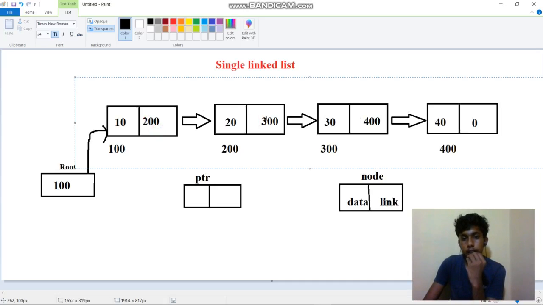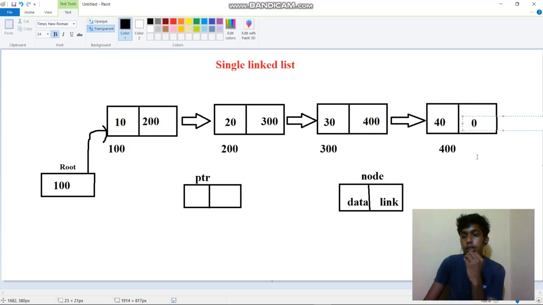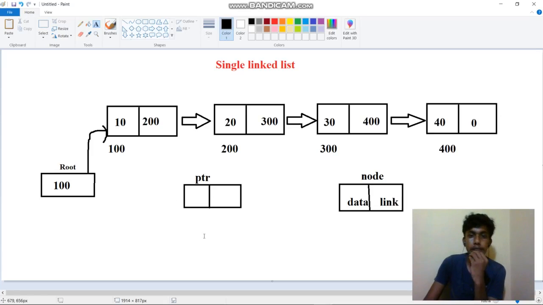The second element contains the third element address. The third element contains the fourth element address. In the last value, it contains 0, that means it is the last value. So this is the single linked list. I have marked it in C.